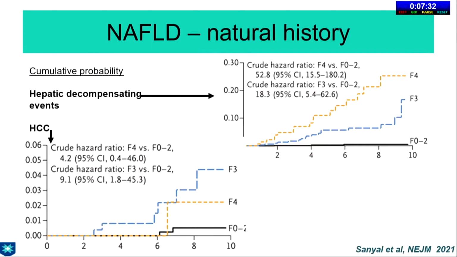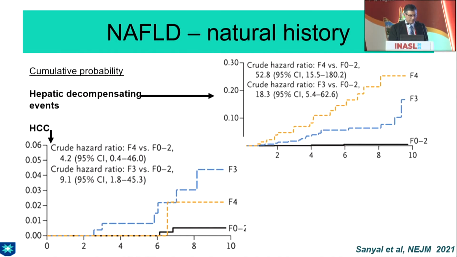Lifestyle interventions in all patients, but for selecting pharmacotherapy, I would suggest significant fibrosis, at least LSM of 8 and above, because that will lead to significant liver-related outcomes. So in those patients, I will start pharmacotherapy. In all the rest of the patients, I will ask for lifestyle interventions.